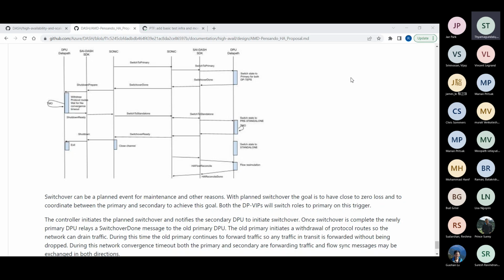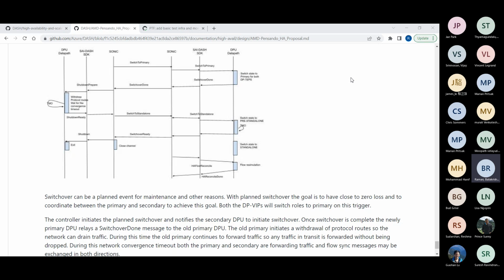I don't really agree with that. You're saying you will have the transient state for some time. You don't expect one direction going one way for the same flow and then the opposite direction going to the second device. You expect that there will be a point in time where packets that belong to the same flow will go from one device to the other. Packets for the same flow will go only to one device.